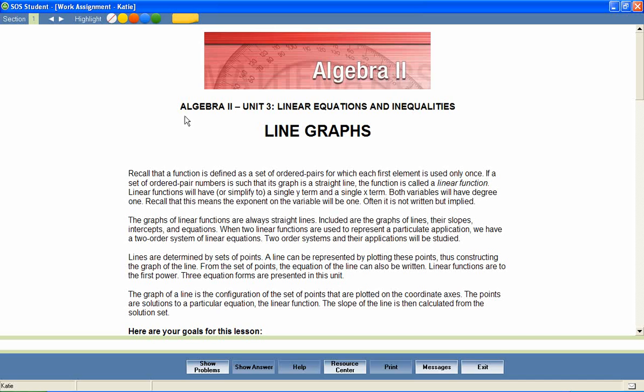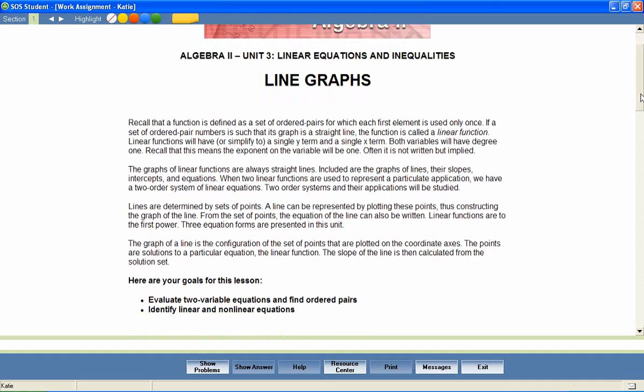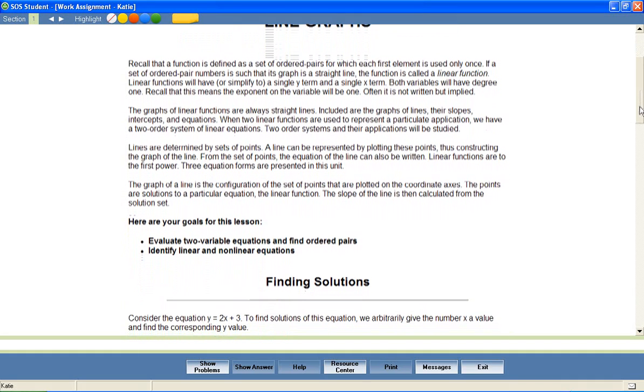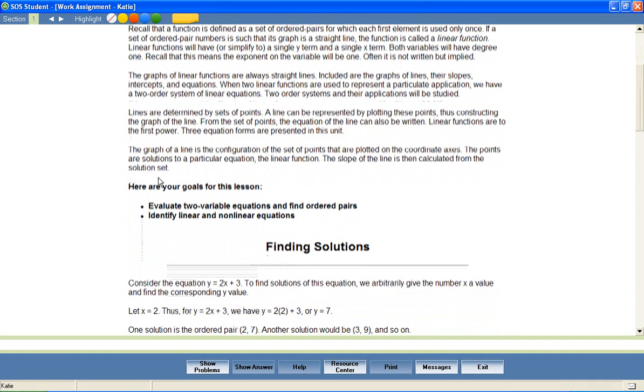In a unit entitled Linear Equations and Inequalities, let's look at a lesson called Line Graphs. Most Switched On Schoolhouse lessons begin with a brief introduction and a list of objectives for the lesson. These objectives help students stay focused on important lesson content and provide parents with an effective way to measure mastery